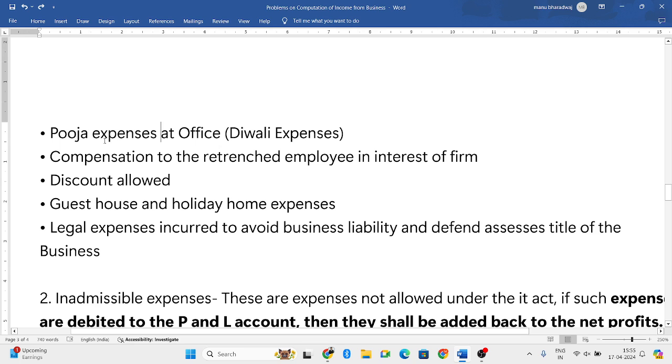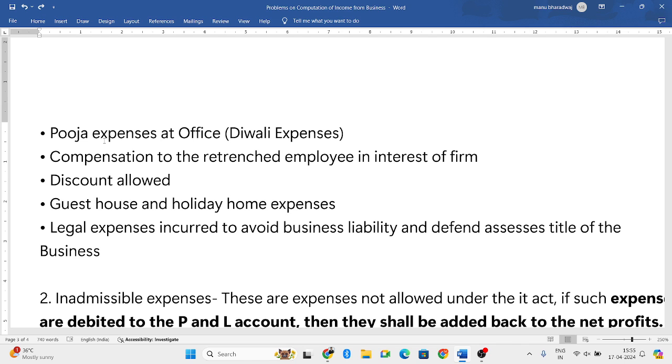Compensation to the retrenched employee in the interest of the firm. So sometimes what happens is the employees of the organization... What is compensation? You pay them something. That is compensation. It is an expense. Retrenched means